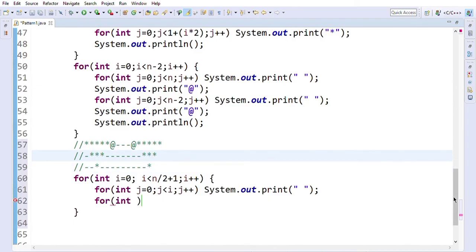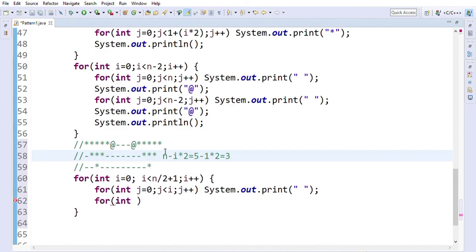So we can say that we are printing white spaces for n minus i into 2. That means for the first time, n minus i into 2 equals n, equal to 5, minus 0 into 2 equal to 5. For the second line n equal to 5 minus i equal to 1, 1 into 2 equal to 3.